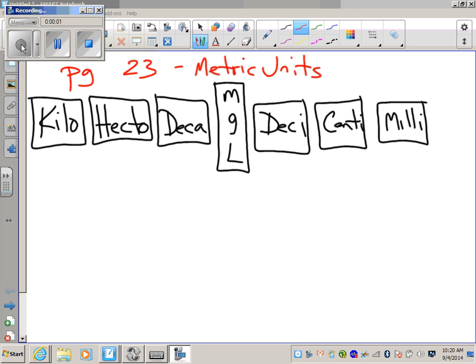Measuring in metric units. This is not the first time that we've talked about this. We've talked about this already in math before when we worked on those review sheets. We've also talked about it briefly with science, specifically today. But measuring in metric units,